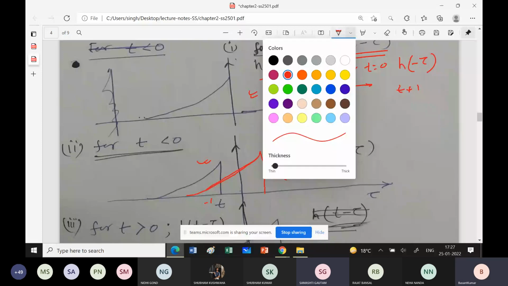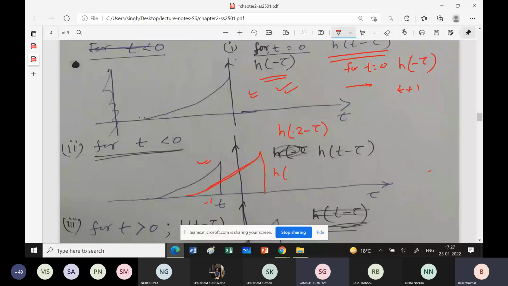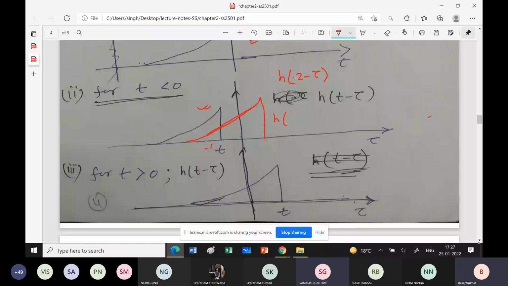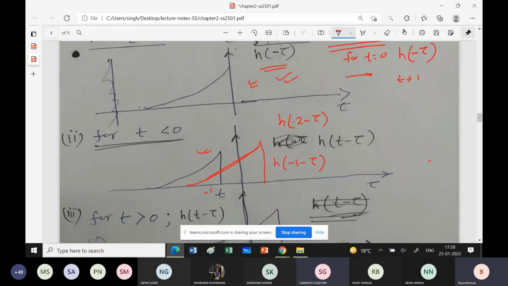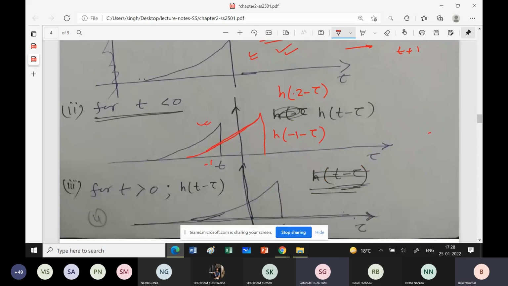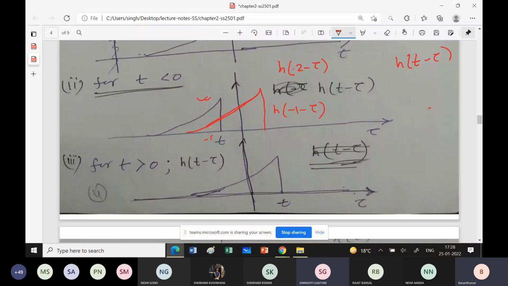तो ये जैसे है, अब जैसे नीचे आइए, तो अगर इसमें आप ये ऑब्जर्व करते हो कि अगर t जो है लेस देन 0 है, ठीक है, जो कि इस केस में है, जैसे मान लीजिए मैंने वो ले लिया फंक्शन h -1 माइनस टॉ, ठीक है, क्योंकि हम जो फंक्शन लिख रहे हैं, आई एम वर्किंग विद द फंक्शन h t माइनस टॉ, ठीक है, so if t is less than 1, so I will be getting this kind of,